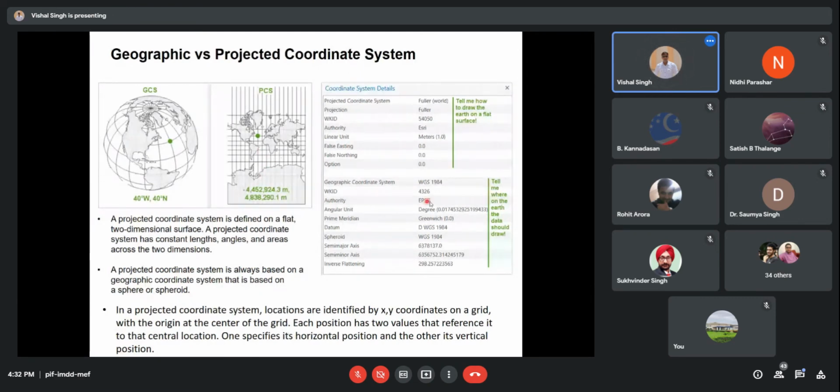So if you move from here to here, in the x direction or in the y direction, you can calculate the distance based on the projected coordinate system. The basic thing is that in the projected coordinate system, the linear unit or mapping unit will be in meters, and in the geographic coordinate system, the angular unit or measuring unit will be degrees.